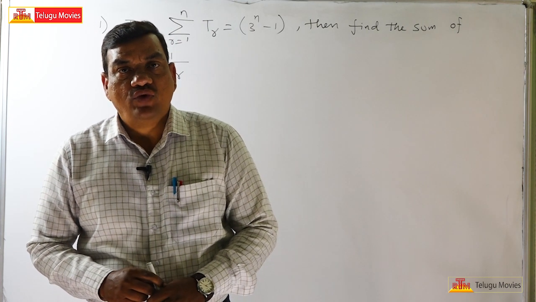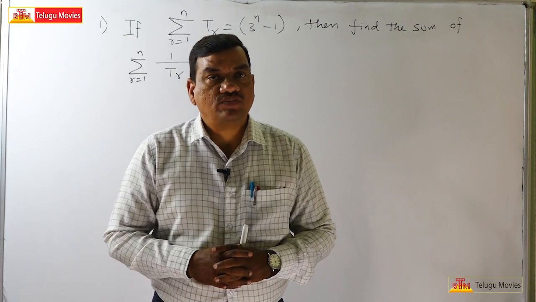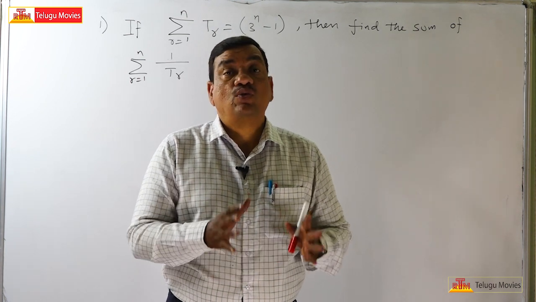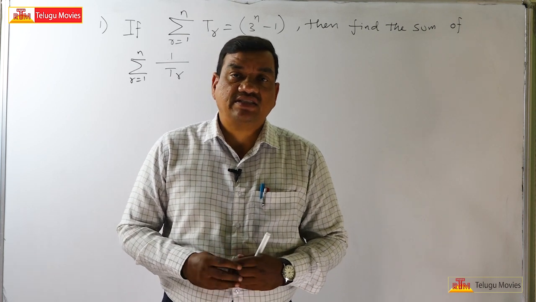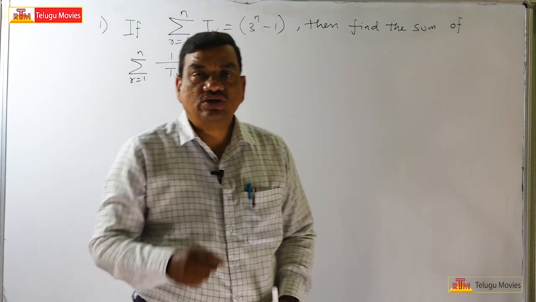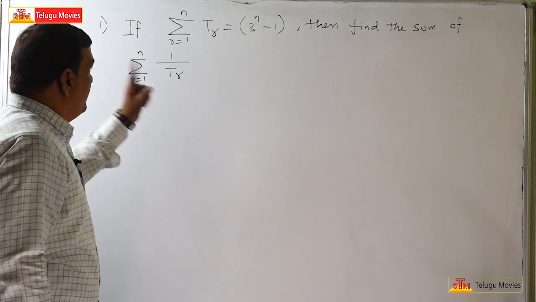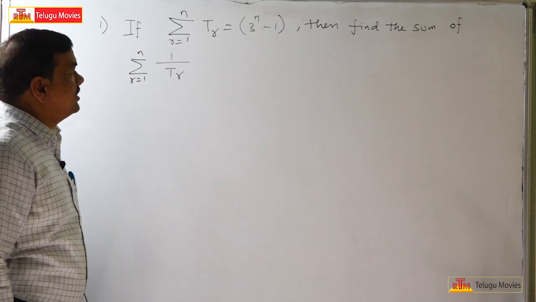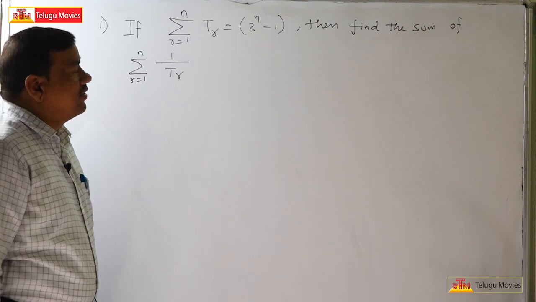Today I am going to explain very important problems which are very useful. These models are useful for your JEE Mains examination, for those who are writing in the April session. Okay now. One such type of problem is this. See here, if sigma r runs from 1 to n of tr is equal to 3 power n minus 1, then